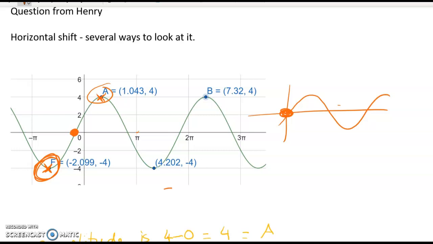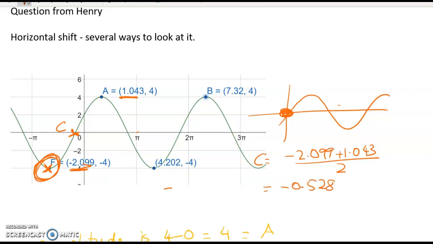So if you've got this on your graphics calculator and you haven't got a vertical shift, I just thought of this, you can find this point by finding the roots. You can look for that root in there. But if you have a more complicated function, that's not going to work. So what you're looking for is halfway between those two coordinates is going to be the coordinate of that one there. So let's figure that out now. So this coordinate is going to be negative 2.099 plus 1.043, divided by 2. Call that point, I don't know, call that point C. And that gives me negative